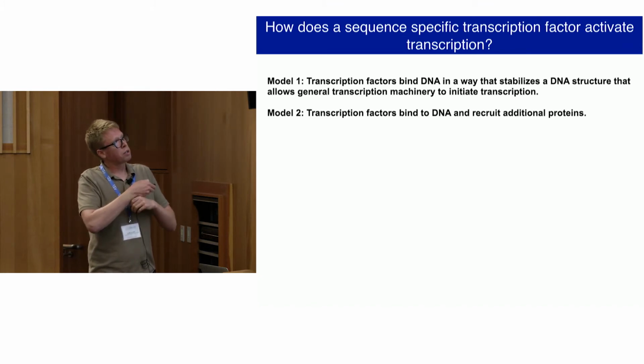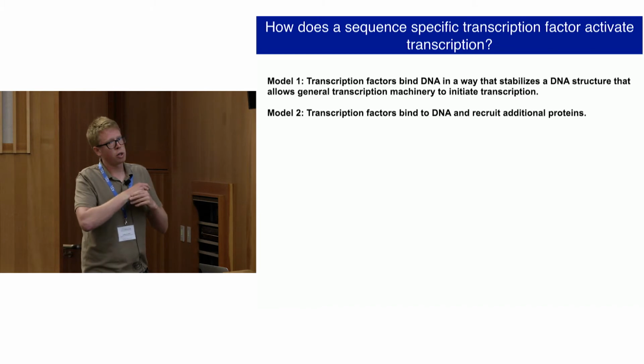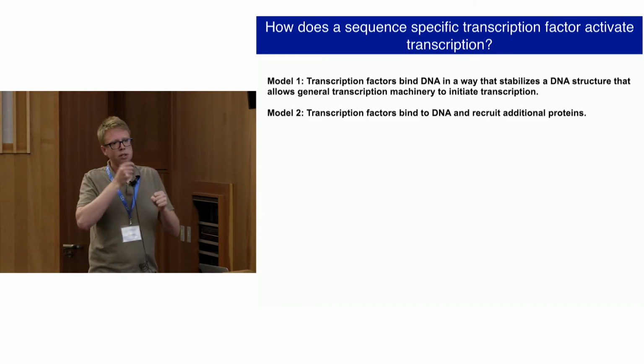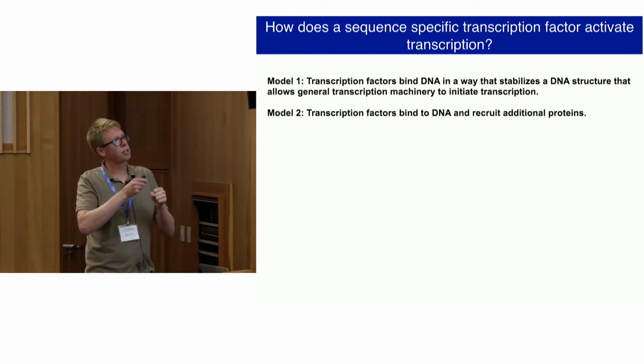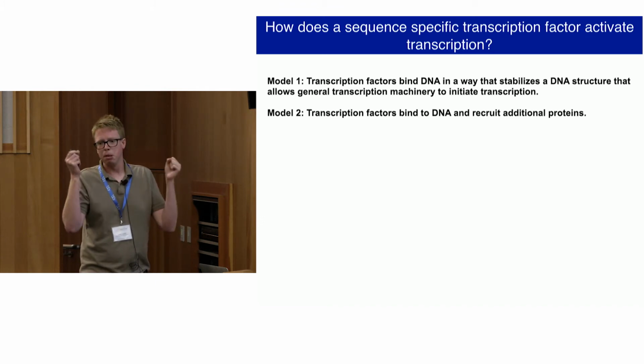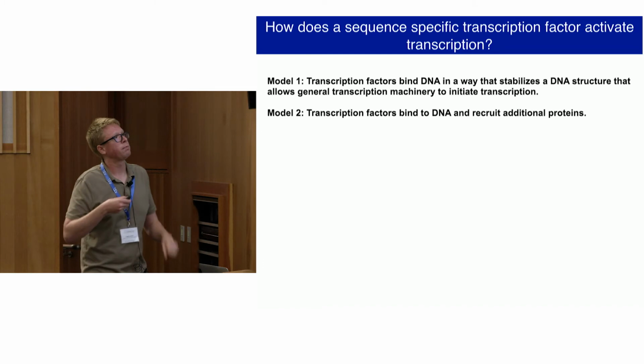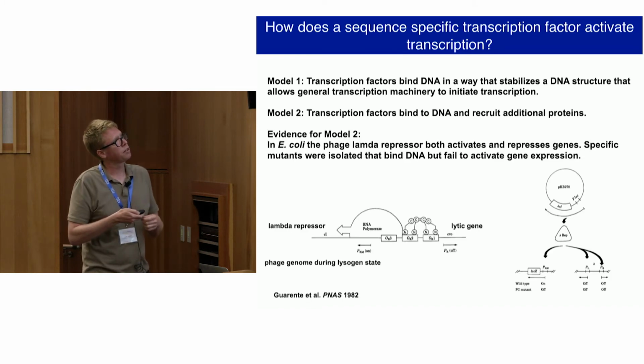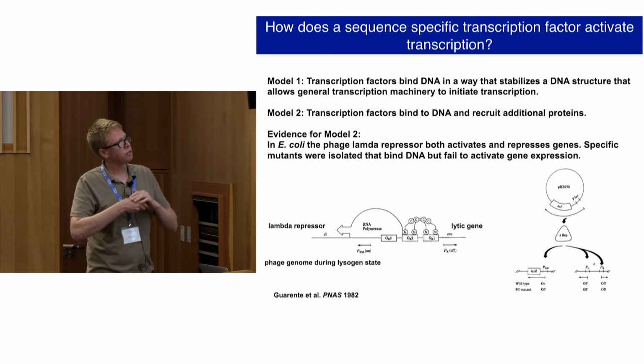And then model B was that the genome encodes specific binding sequences that recruit proteins that then specify some function, not by changing the structure of the DNA, but rather by bringing in other proteins that encode additional activities. And so there was a series of experiments done in the early 80s in E. coli using lambda phage that essentially derived as, there was an operon,